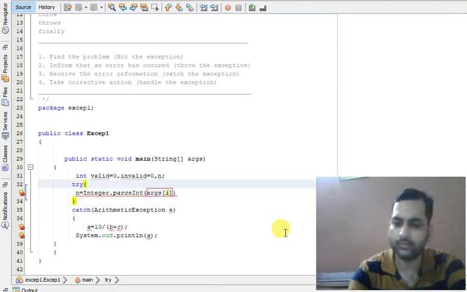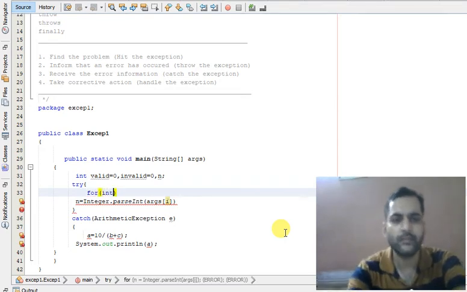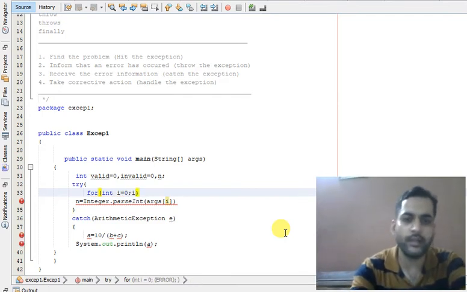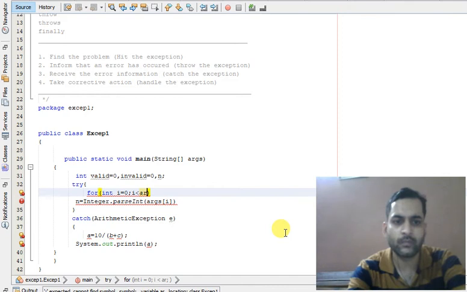First we need a loop: for int i is equal to 0, i less than args.length, i plus plus.